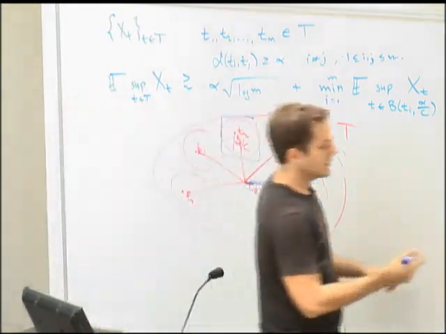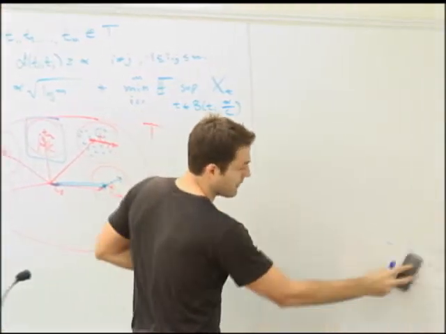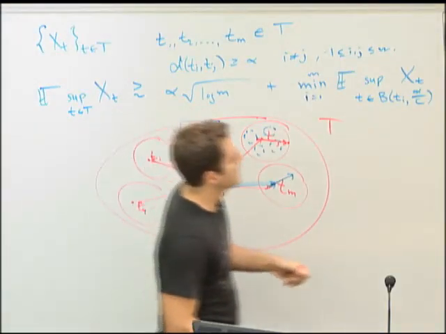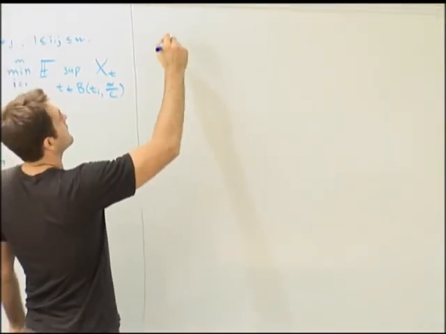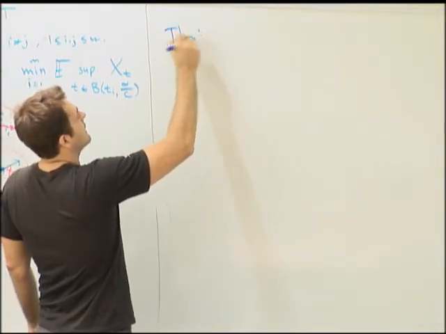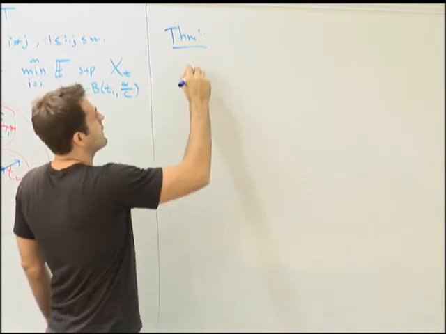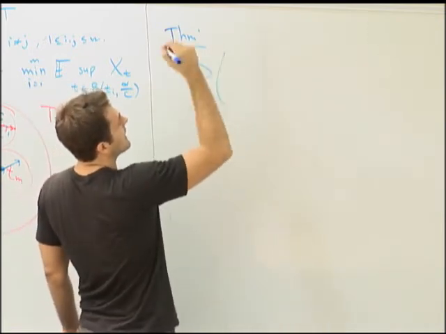So we use the following fact. This fact, by the way, is probably the thing that makes majorizing measures the most specialized to Gaussians. So it's the following concentration fact. It's a classical theorem, but here's the fact. Let's take any process.